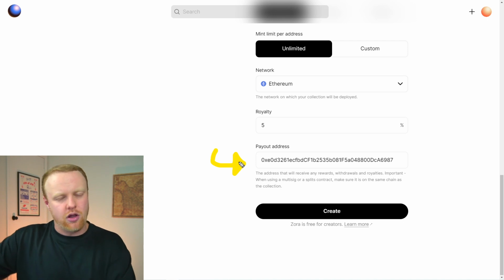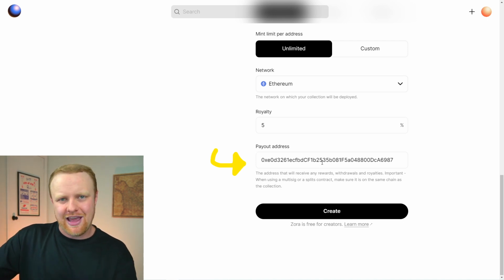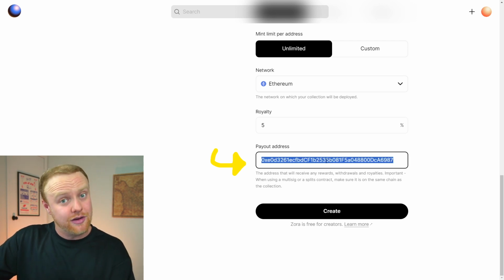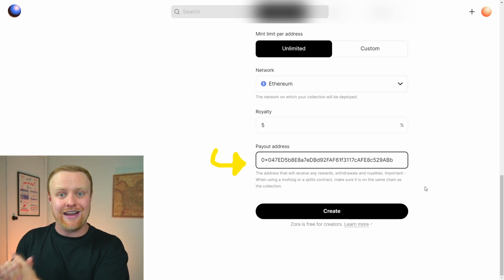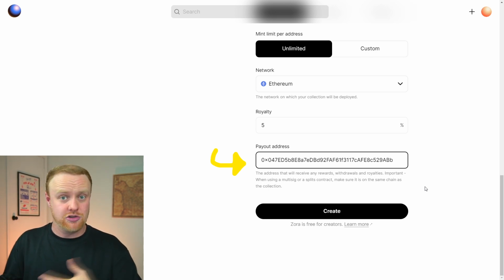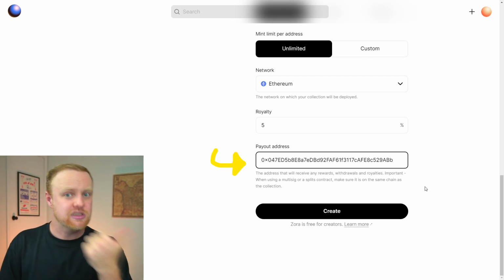Typically, this is the wallet address that's connected to the application when you're setting it up, but you can actually set this to be anything, including a split's wallet address. So we'll paste that in here, and now any funds from the mint will, instead of going directly to your wallet, hit your split first. This is great if you're collaborating with another person and you want to make sure that all of the funds are distributed in a way that you've previously agreed upon. And it's awesome that you can plug in a split's wallet address onto Zora or any other third-party application to